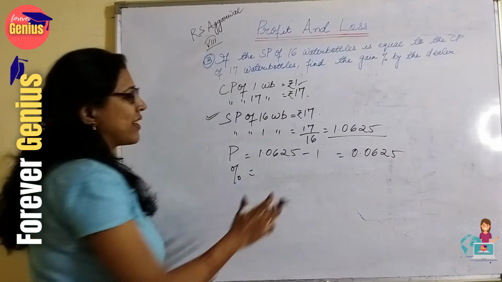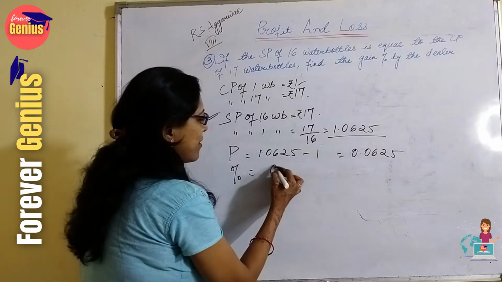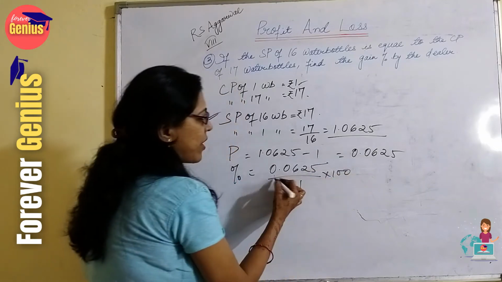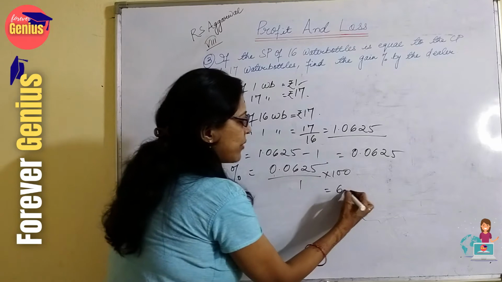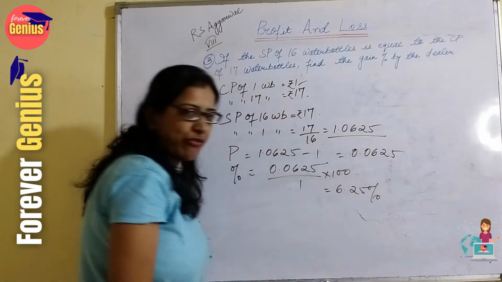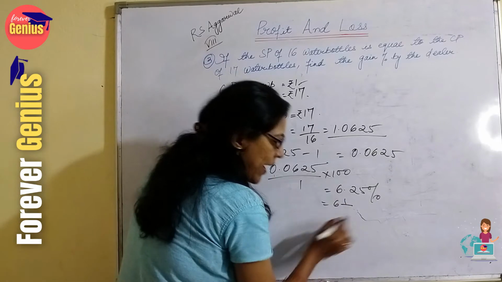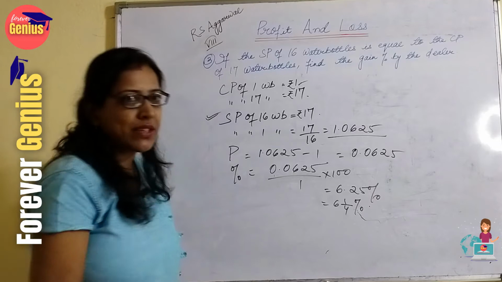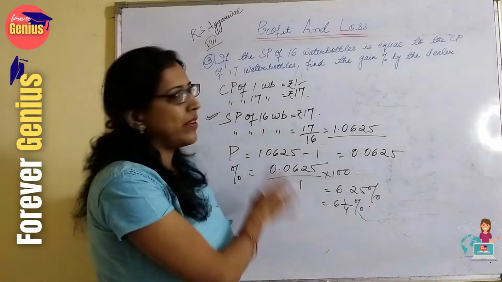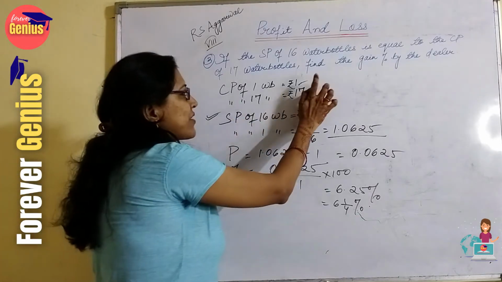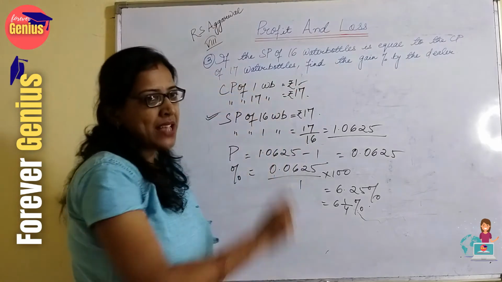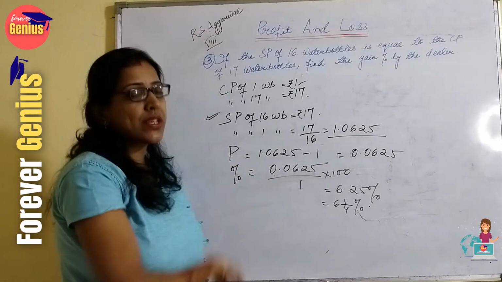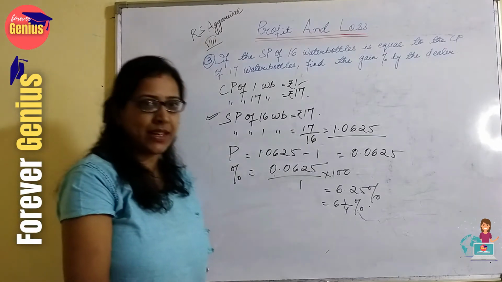Why are you all getting confused by seeing decimals? No need to do that. 0.0625 by 1 into 100. If I multiply simply by 100, I am getting 6.25% profit, or it is 6 1 by 4 percentage. So this is the easiest way in which we can solve this type of equations without involving x, 100 or anything else. Just take the number of pieces as the number of rupees. This is the simplest trick which we can do with these type of questions and solve them very easily.